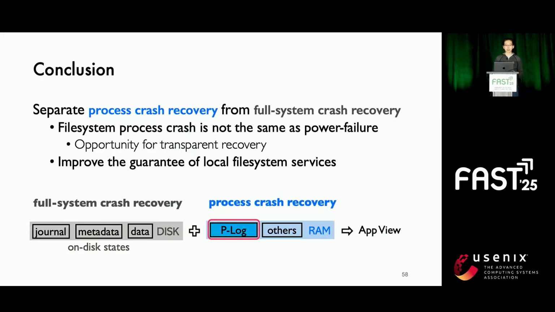We propose to separate process crash recovery from full system crash recovery because file system process crash is not the same as power failing. Rather, it is a great opportunity for transparent recovery without losing the state gap. More broadly, we hope process crash recovery can improve the guarantee of local file system service in today's large-scale system to reduce the burden of global